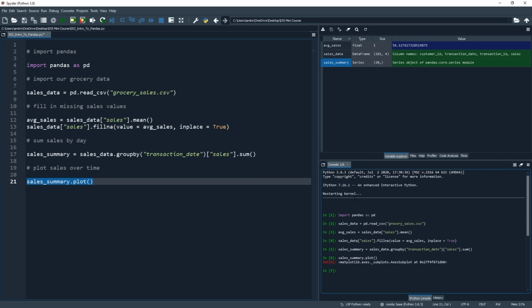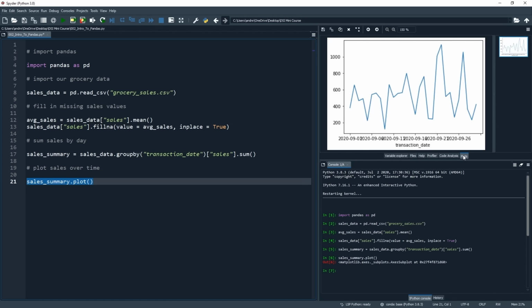Now, if we head over on the right hand side to our plots tab, we can see that our plot has been rendered. And while it's not too much to look at, it gives us a lot of useful visual information about the sales trends through September. Seemingly, there are some daily fluctuations which you would expect. Some days, such as weekends, are going to drive more people into store, and even the weather can have an effect. Anyway, the one thing that's annoying me slightly about this is those date labels on the x-axis.